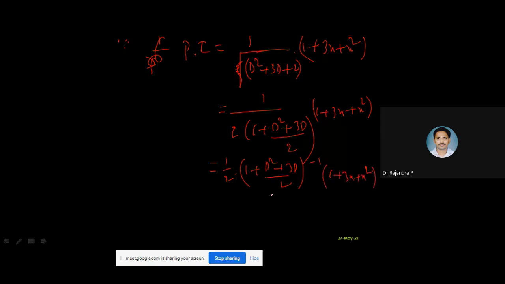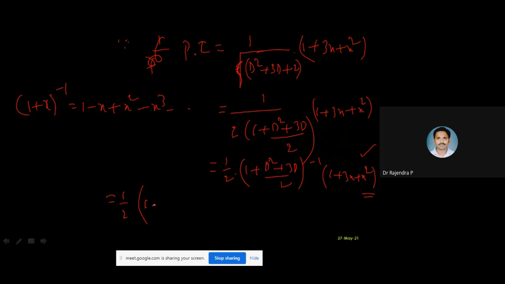So now we have to expand this. We have to expand this 1 by 2. This whole thing has something like 1 plus x form, 1 plus x whole to the power of minus 1. In place of x, this whole term is there. So I can expand it as 1 minus x plus x square minus x cube and so on. Okay, see your polynomial, what is given, what is its highest order. Up to those terms, you please expand. X square means 2 terms are enough to expand.